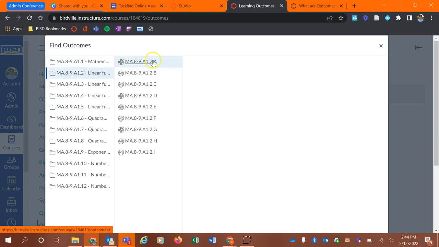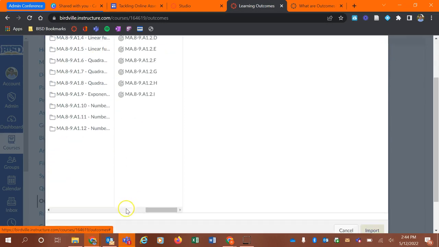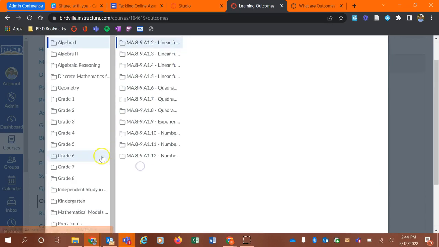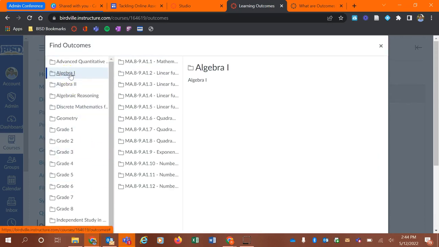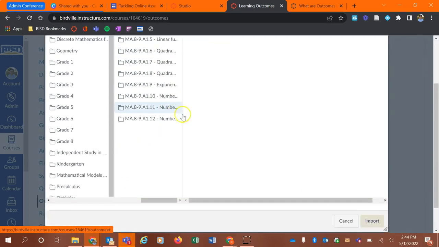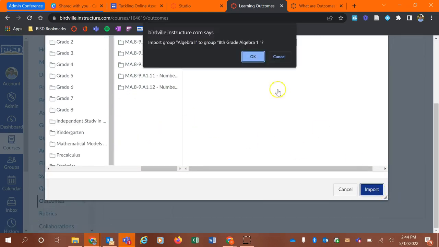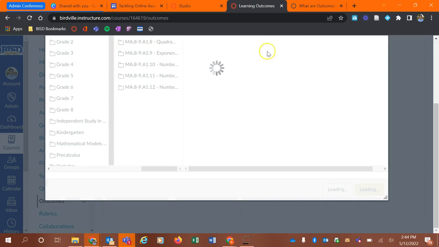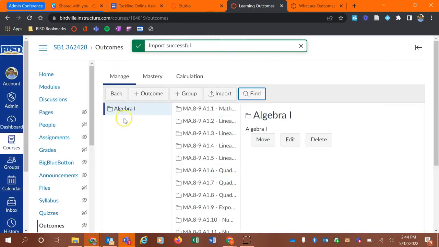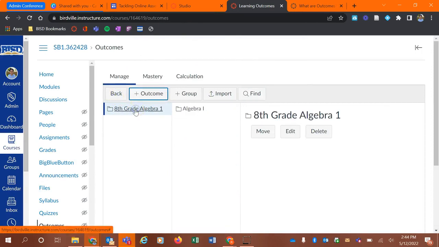If I click on this one, it's got A1 to A, A to B, A to C, but I don't want to do all of those. I can bring all of them in instead of going individually. So I'm just going to click back on Algebra 1 just to get us back to the same starting page. And now I've got all of my different categories. And from there, I'm just going to click Import. By clicking Import, what that does is it's going to take all of those TEKS and drop them into my Algebra 1 folder. So if I go back, click on 8th grade Algebra 1,